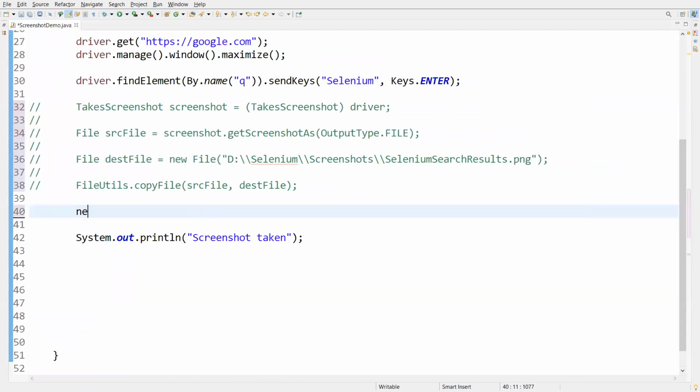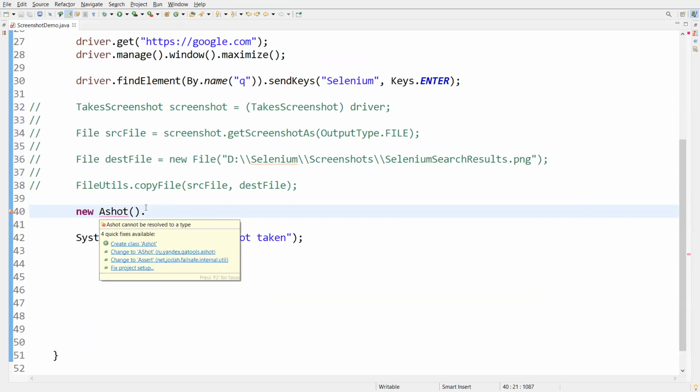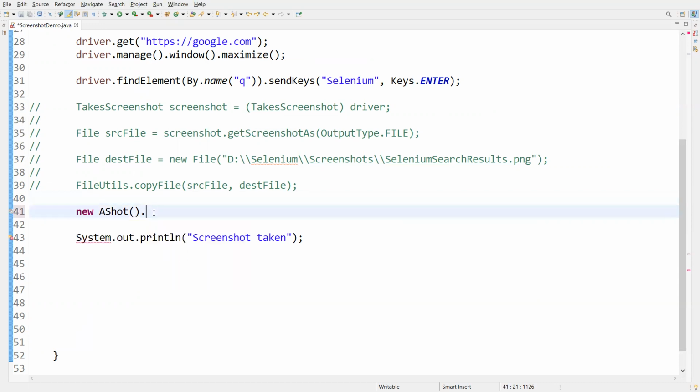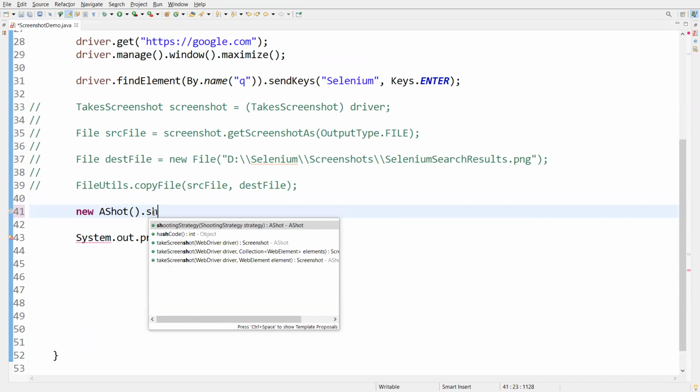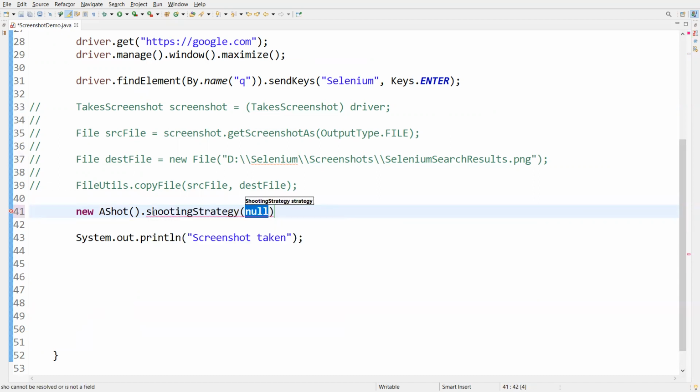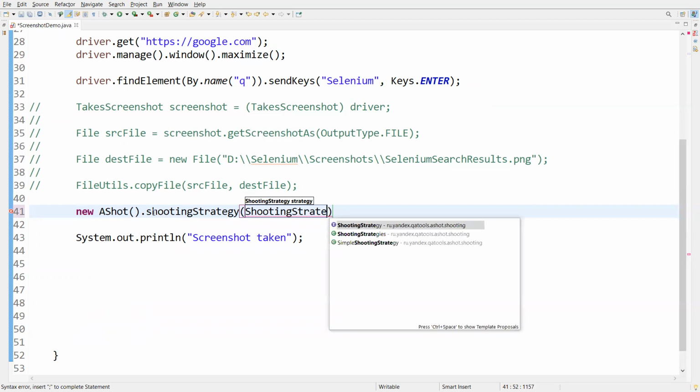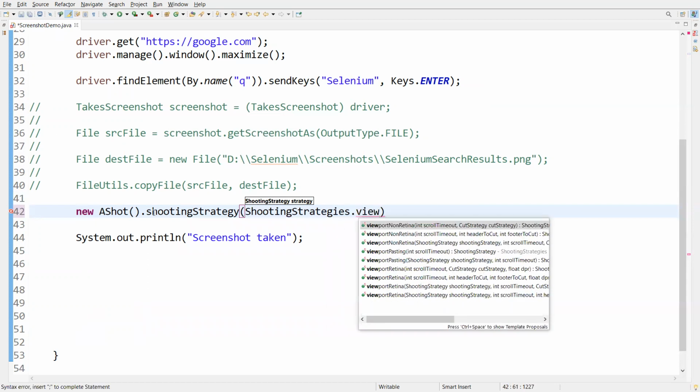For that, what we'll do is new AShot, which is a class, dot. We have a method called shootingStrategy. Okay, this is what we are interested in. S has to be in uppercase. AShot dot shootingStrategy is a method, and then we'll use the ShootingStrategies class dot viewportPasting,